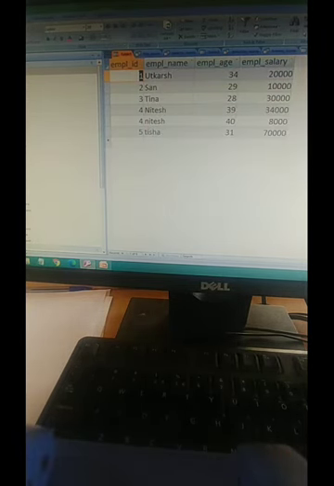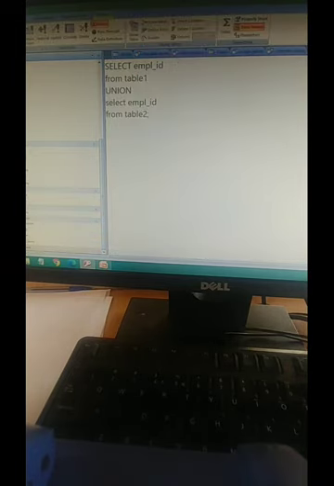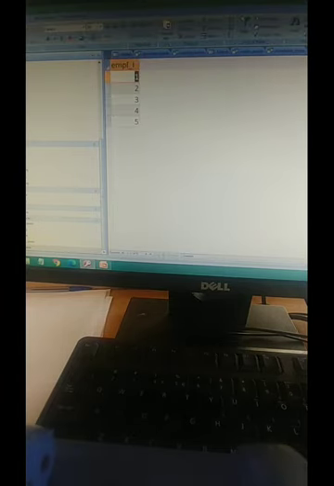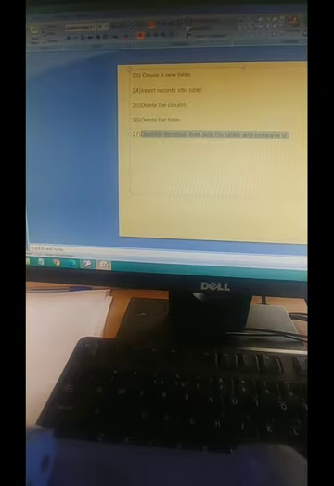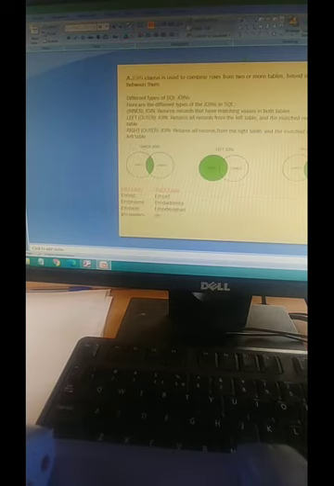So that's why the employee IDs from both the tables get combined and displayed in the query output. So the keyword is union. Next one is what? The joins.